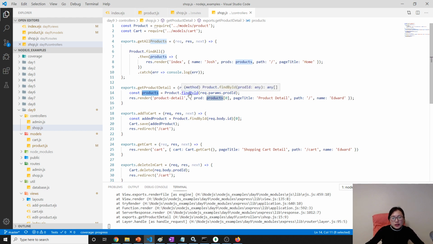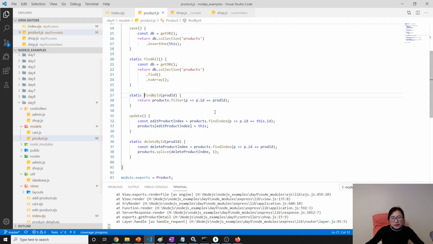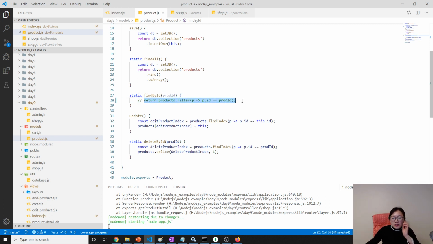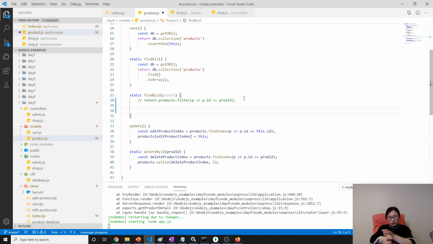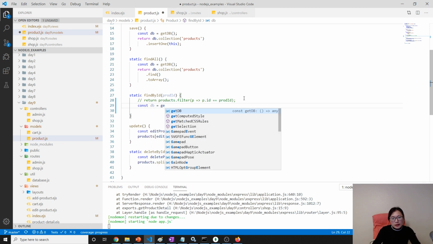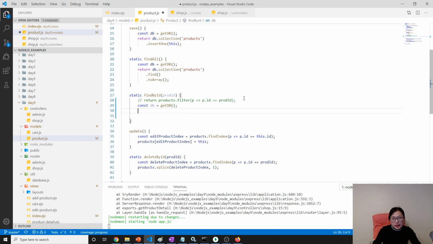And here we have to take a look at our find by ID. Obviously, we cannot use this one because it's not from a database, right? So we are gonna use this one. Const db equals get db. Okay, we retrieve from the database, and then we're using